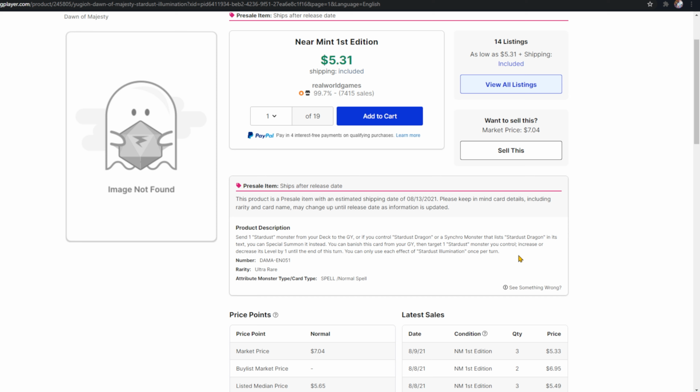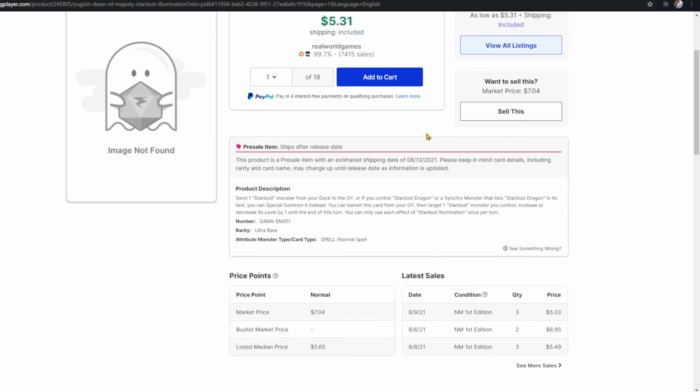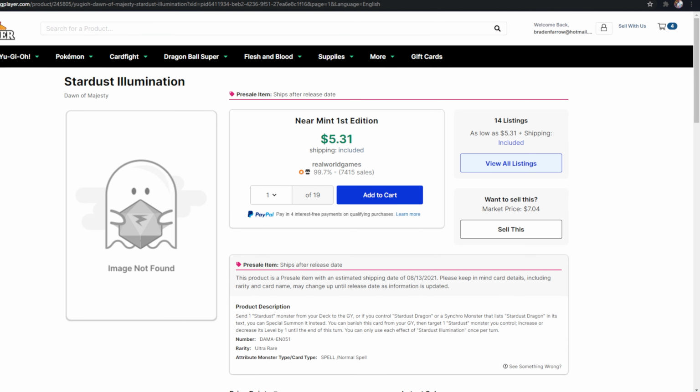It's not bad at all, and it does allow you to modify the levels of your Stardust Dragons, but it's an ultra that's $5 on pre-release, meaning it will likely drop to about $2 to $3, and it will be super affordable. So if you do want it, and I would recommend maybe picking up a playset, just wait until